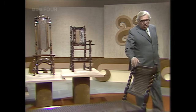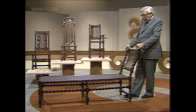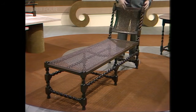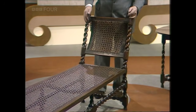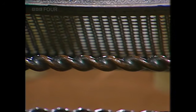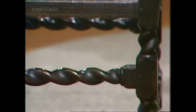Here's a new sort of thing that appeared. This daybed, as it's called. Really a huge cane panel, and just adjustable head here, but only for about 3 or 4 inches. What I like about this are these lovely barley sugar twists. They appear before, but there's nothing like a Charles twist somehow or the other. It's so different to the modern twist of today, and you see that's really all twist, as is this little